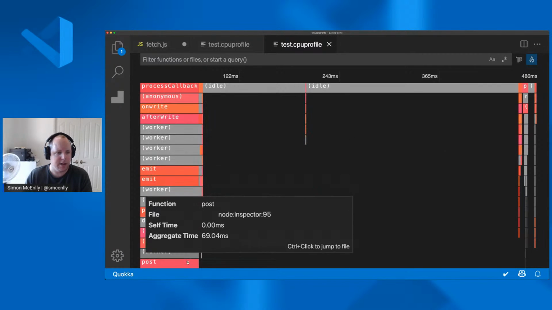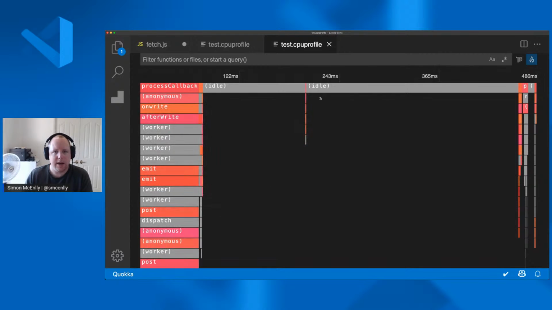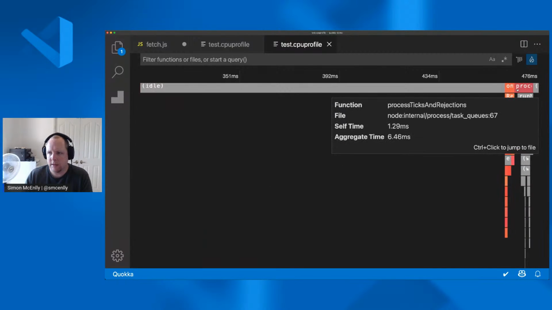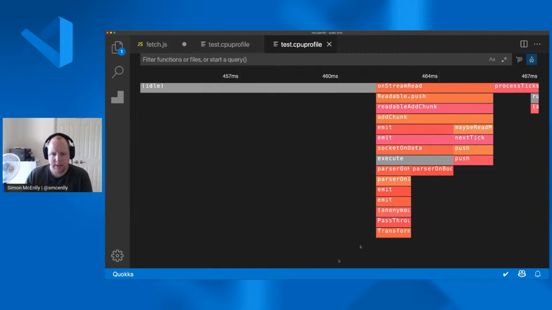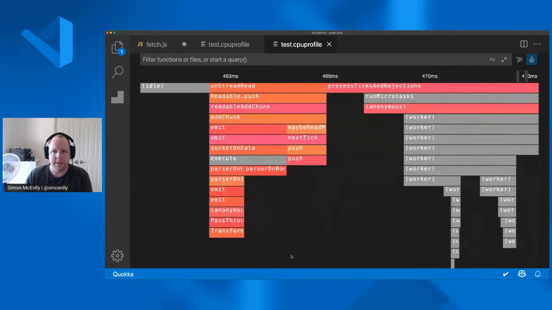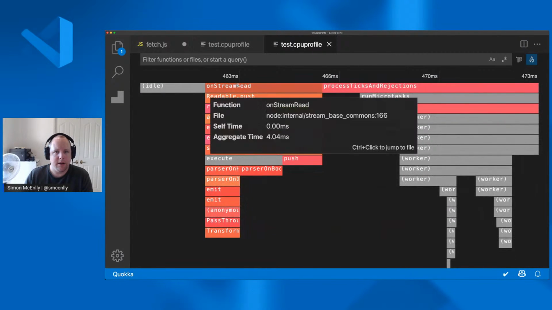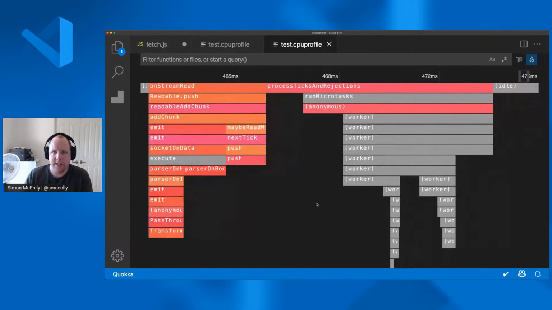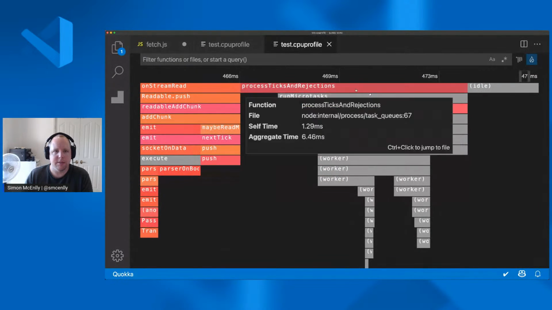So in this particular case, it looks like there's some setup time, and then we have our idle times. And then if I zoom in on our Flame Graph and move across a little bit, you can see a lot of that time seems to be processing the stream, and then we've got some cleanup.